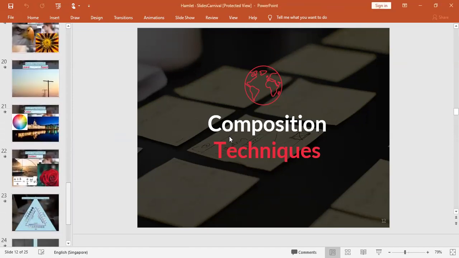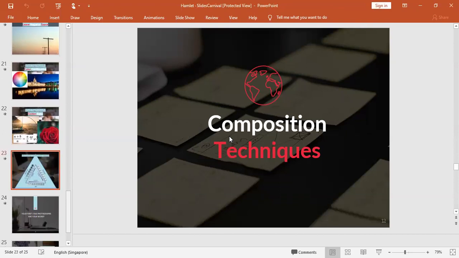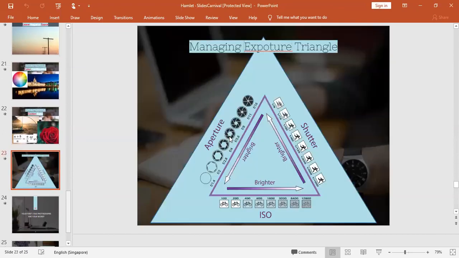I think the others do not have any doubts. We'll continue. So the main thing is a triangle. That means we do have an exposure triangle. When you manage that, you will be getting a photograph, and also a picture that is as expected. The triangle means that in your camera lens you have shutter speed, you have aperture, and then you have ISO.